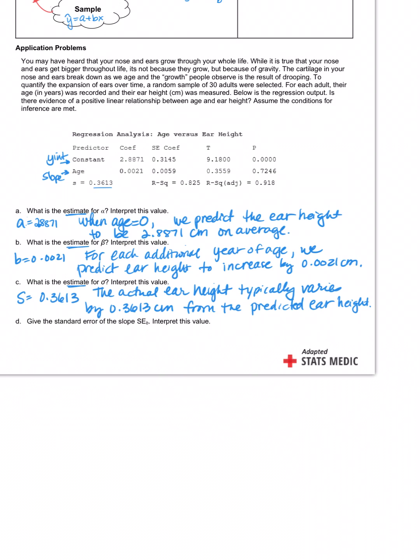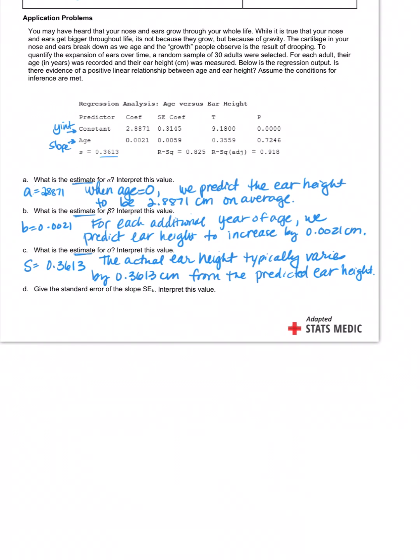Not too bad, is it? Everything's been reviewed so far. Now, D gets a little weird because this is the new one. It's the standard error of the slope. So this slope is from our sample, right? Standard error means how far it is different than the true population slope. So we haven't used this verbiage yet. This is new. We can do this because it's going to be the typically varies scenario again. So we would say the slope of the sample LSRL